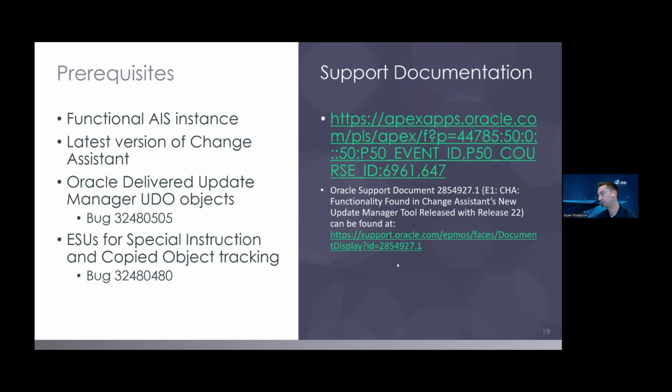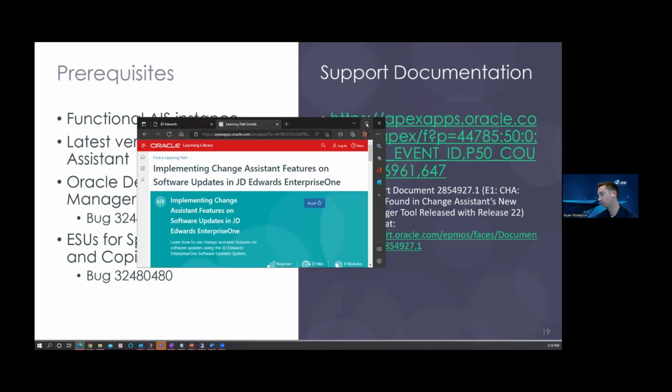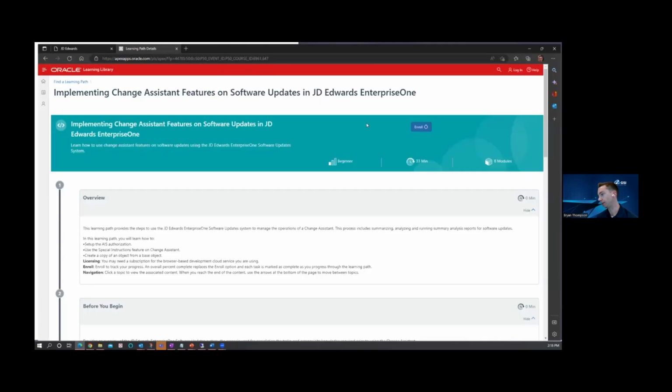If you even just search on Update Manager, you will get to this particular support ID. It gives you a list and a brief overview of everything I'm going over today, along with links to the bugs, et cetera. I will show really fast what the Apex apps link looks like. So if you were to navigate